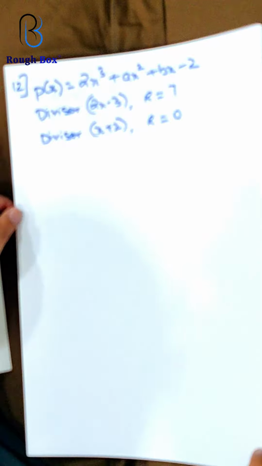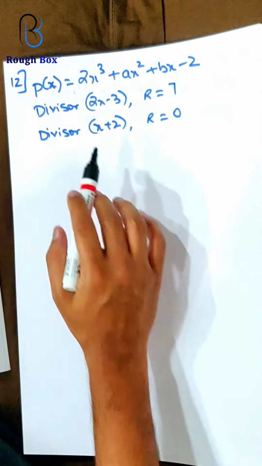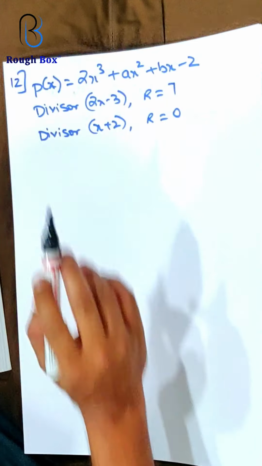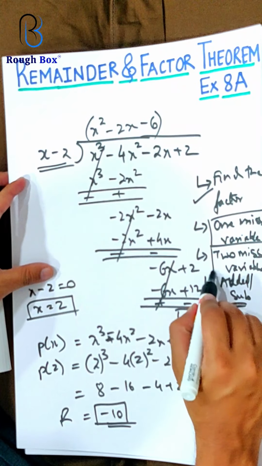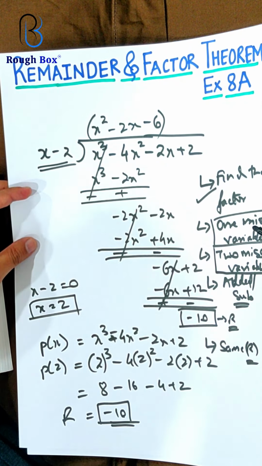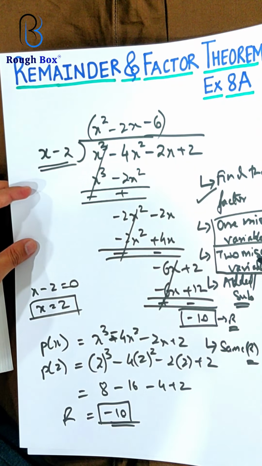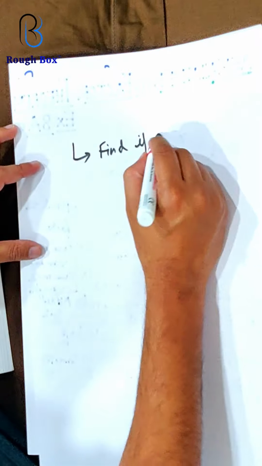Sum number 12. Now from 12 onwards our difficulties are getting increased. Now they say when this is divided by this, it is your type 3 with 2 missing variables. So we are building step by step. First find whether it is a factor, 1 missing variable, now 2 missing variables. So just let's write all the types over here. So type 1 we said, find if it is a factor.